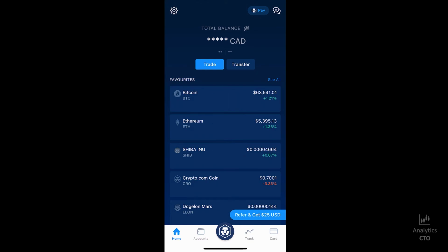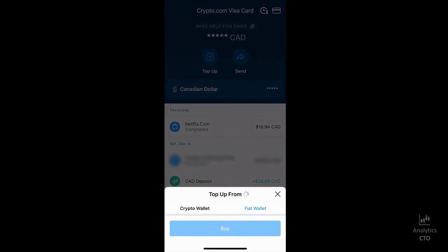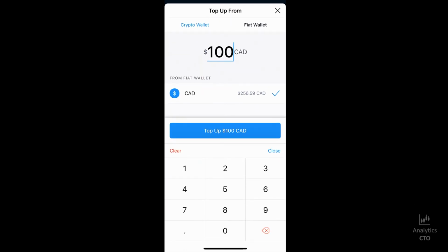Okay. So now I have the card in hand. What I need to do is go to my accounts, and I'm actually going to click on the Crypto.com Visa card. And you can see here that I need to top it up. So what I'll do is I will top it up from my fiat wallet. In this case, I'm just going to put the minimum $20 on. So you see here, the minimum for Canadian is $20. So I'm going to click on top up,